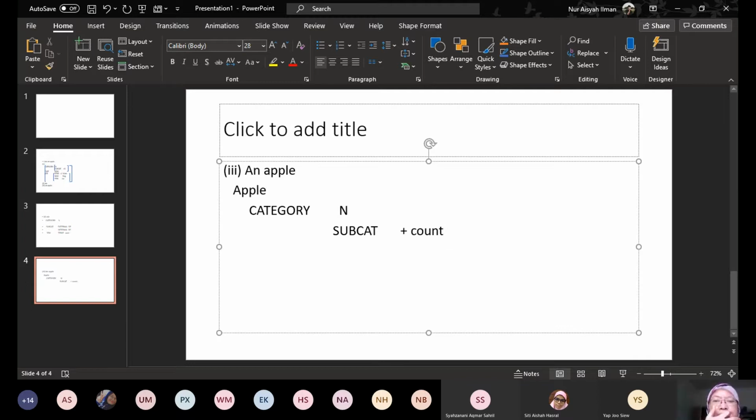Count, and then must say what else? What are the subcat features for nouns? I think animacy is not an issue here. I think that's it lah kot. So we would actually insert